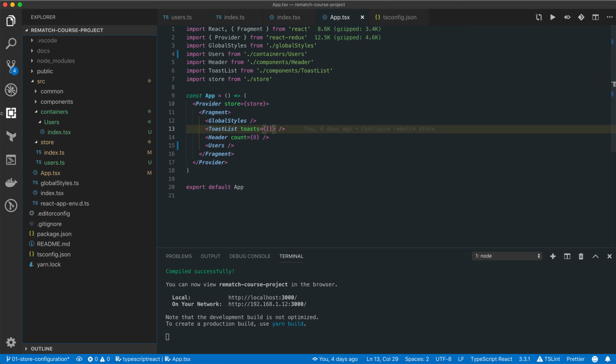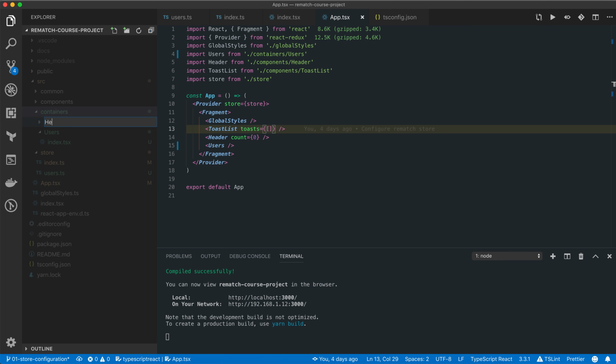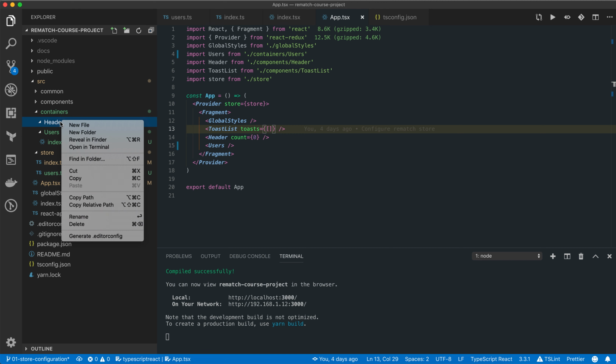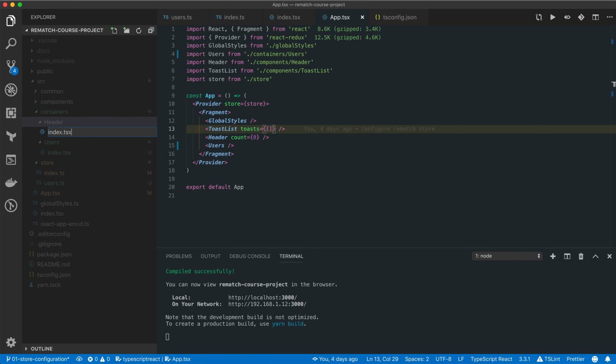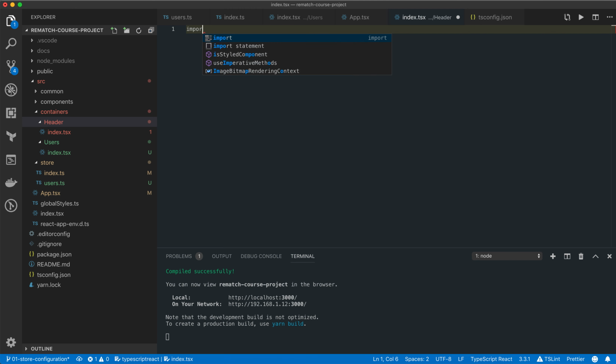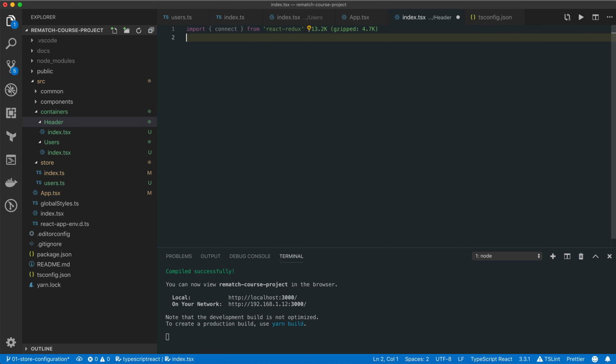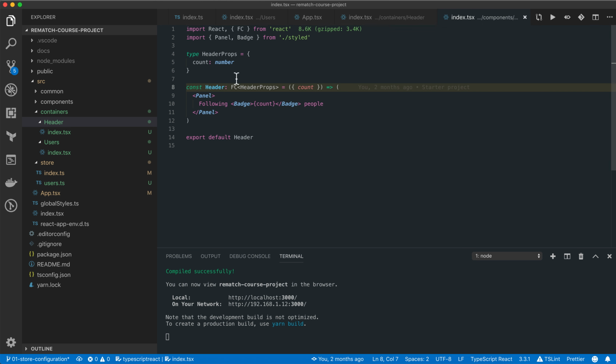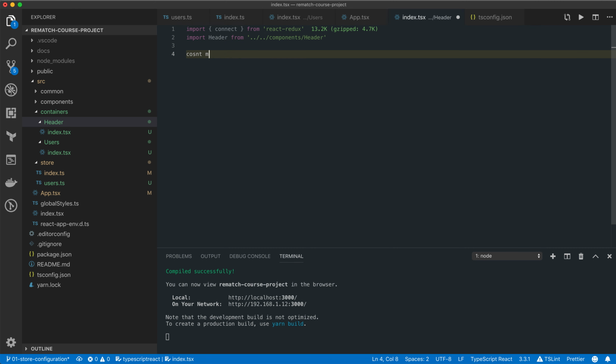All right, to finish this up, let's also quickly create a connected Header component. So I'm going to create a new index.ts file, and we're going to need a connect method from React Redux package and unconnected Header component from components header. As we can see, Header component expects a single property called count. So what we can do is we can create a new